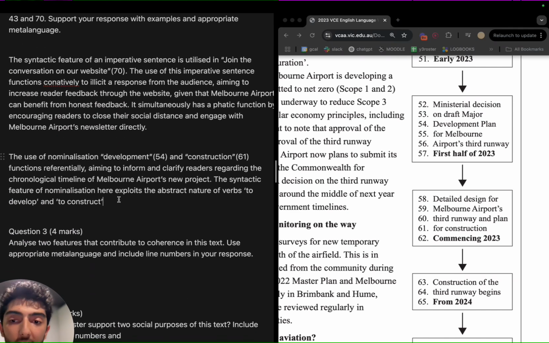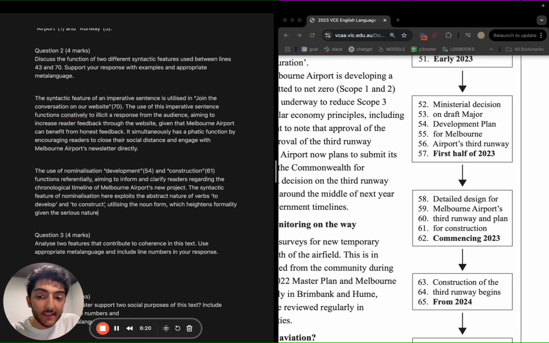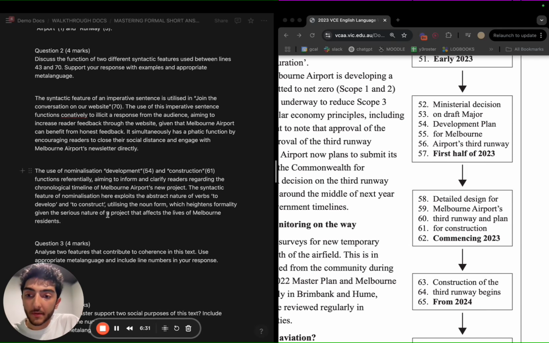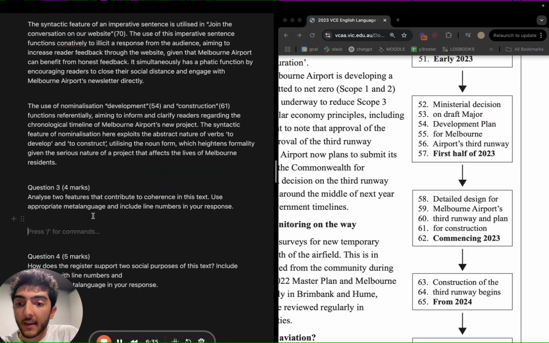Well, by doing that, utilizing the noun form, which heightens register or formality, given the serious nature of a construction project that affects the lives of Melbourne residents. Full stop, right? I've got 2 really solid paragraphs, on to the next.